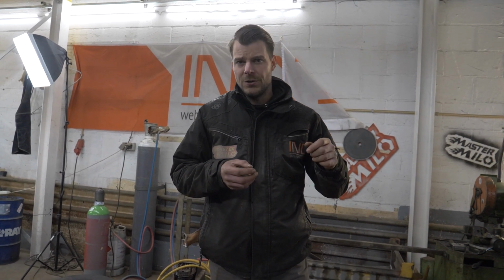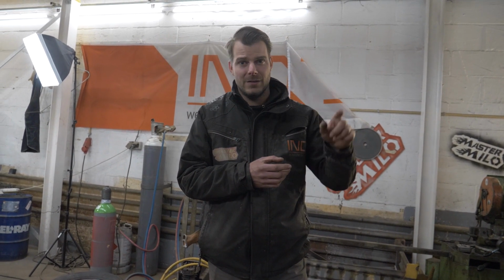We had an omvormer, an inverter. I'm not sure if that's a correct name for it. It's some kind of rotating transformer. It has an electric motor and a generator, and this device is used to control the speed of the turret drive motor. The thing is, you have adjustable resistance. I'm not sure if that's the correct name for it, but you know what I mean. And with this resistor, you can change the